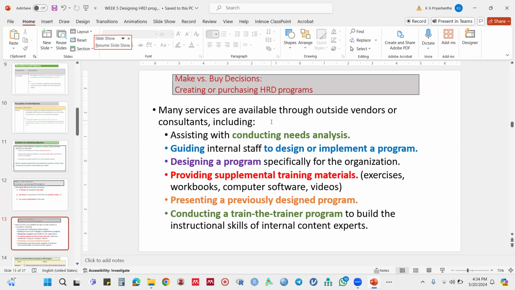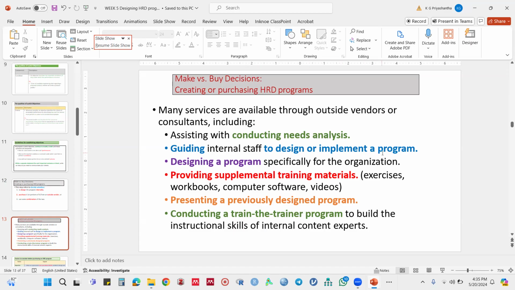Many services are available through outside vendors or consultants when you purchase the HRD program from an outside vendor. Simply, these are the facilities that you can obtain. Assisting with conducting need analysis. Their people come to the organization and help with conducting the need assessment,